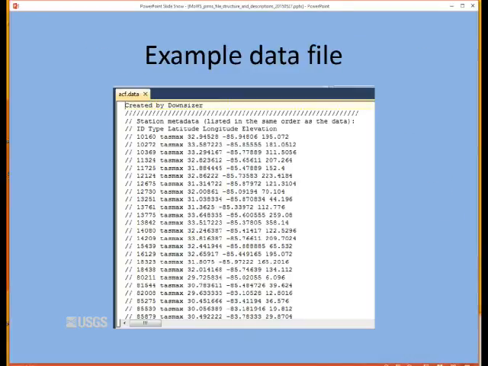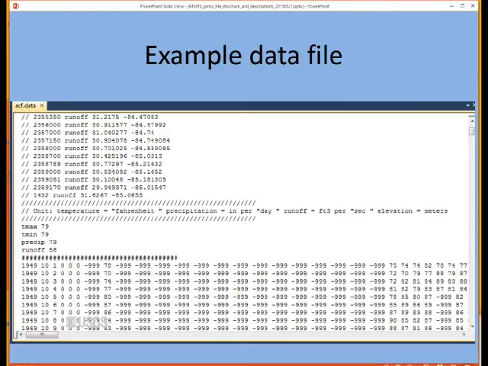And here's just an example of the header information. So this is the comment section at the top, and so anything that's behind the slashes is treated as comments. So here we have like temperature station data with lat longs and elevation, and then at the bottom of that, we see these 4 lines, Tmax, Tmin, precip, and runoff, that actually tell you the number of each of those observations that are included in the file, and then followed by at least 4 pound signs to tell PRMS that the time series will follow, and then it does year, month, day.